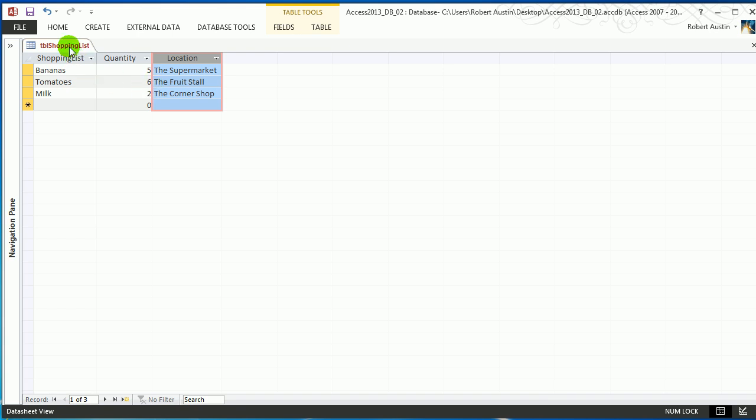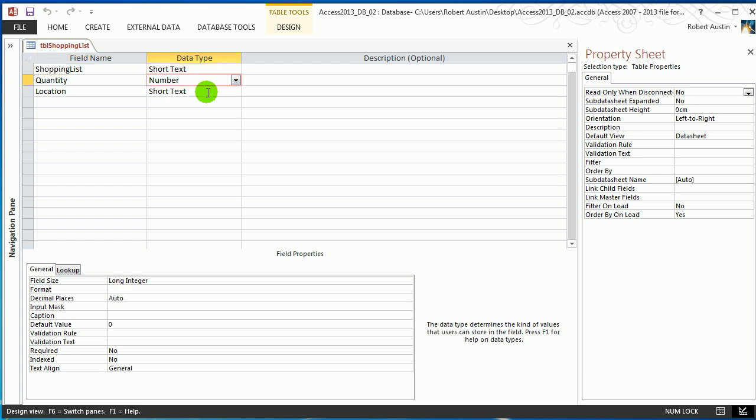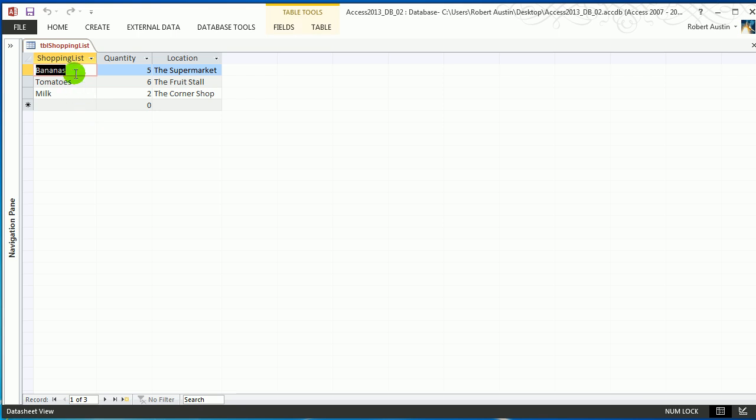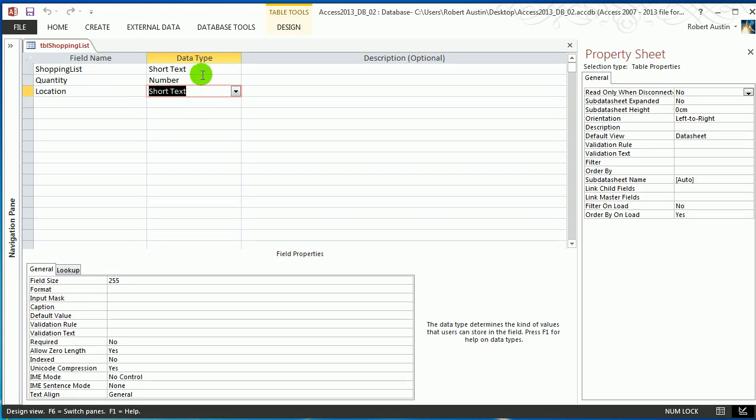Now where data types come into this, if you drop this into design view, we are choosing the data type here. In this case we've got short text, in this case we've got number, in this case we've got short text. Basically the way computers work generally is that different data types take up different amounts of memory. So this word here, bananas, takes up more memory than this number 5 does. And for that reason it's important when you make a table that you choose the most accurate data type, because what you're essentially telling